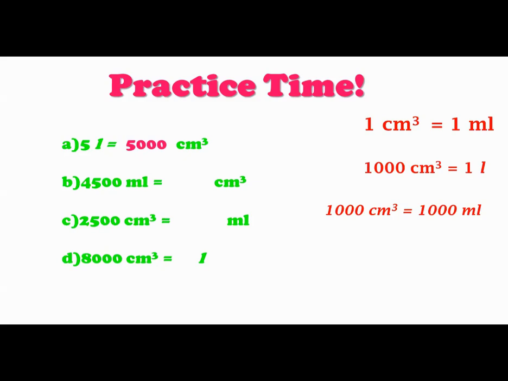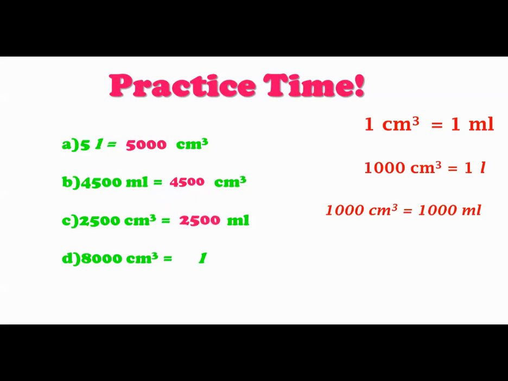In question B, we will convert milliliters into cubic centimeters. So 4500 milliliters are equal to 4500 cubic centimeters. In question C, we have to convert cubic centimeters into milliliters. Here, 2500 cubic centimeters are equal to